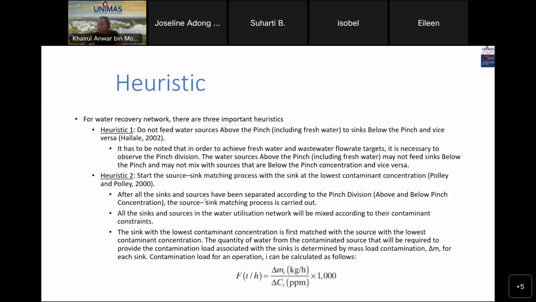After all the sinks and sources have been separated according to the pinch division, above and below the pinch concentration, the source-sink matching process is carried out. All the sinks and sources in the water utilization network will be mixed according to their contaminant constraint. The sink with the lowest contaminant concentration is first matched with the source with the lowest contaminant concentration. The quantity of water from the contaminated source